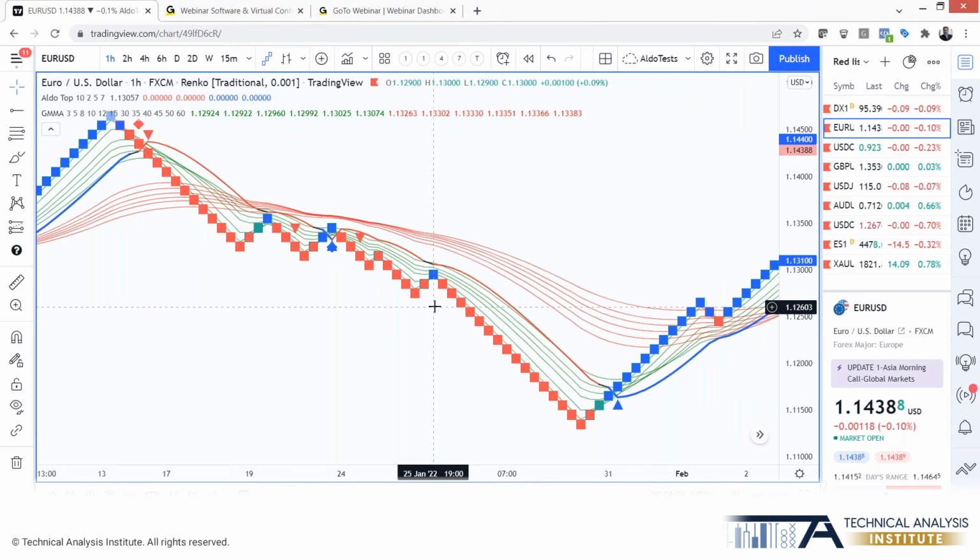Because as you can see, sometimes you can get a big chunk without a single brick in the opposite direction. So if they are short here, then they will exit here. If they are short here, they'll exit here, and so forth and so on. Not so sure if that's a very good idea. I think it would be silly to use one brick to exit your position because you know that all positions retrace. So 2 bricks sounds more logical, but we all know that in every trend there will be corrections,